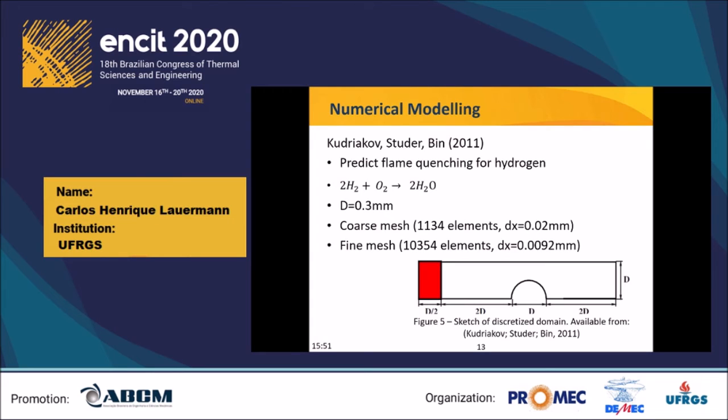The characteristic diameter was 0.3 millimeters, and the coarse mesh had 1,134 elements, while the fine mesh had 10,354 elements. As a result, the coarse mesh quenched the flame, while the fine mesh did not,